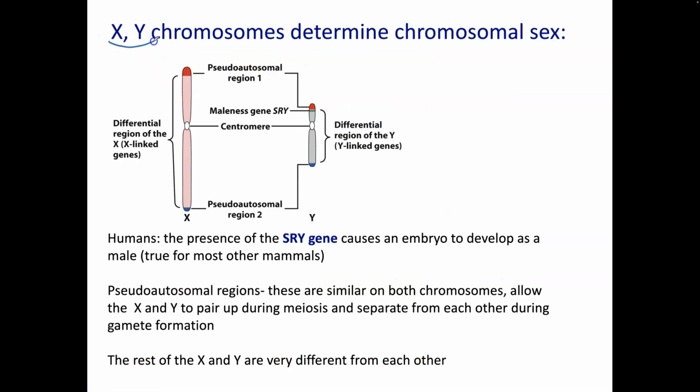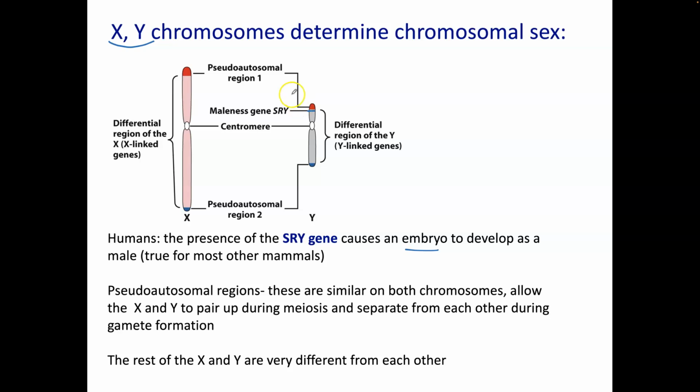So the X and the Y chromosomes determine chromosomal sex. There's a maleness gene on the Y chromosome. It's a transcription factor called SRY, sex determining region on the Y. Just in general terms, there's way more detail and nuance than all this. But in general, this transcription factor on the Y chromosome initiates the transcription of genes all over the genome that cause an embryo to develop as a male. And if the SRY gene is absent, then those genes don't get turned on and development proceeds on a sort